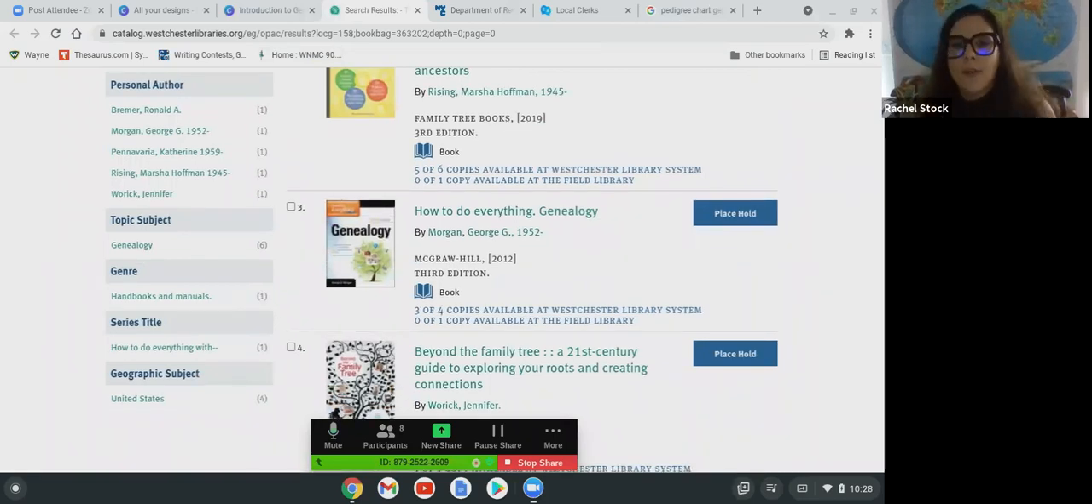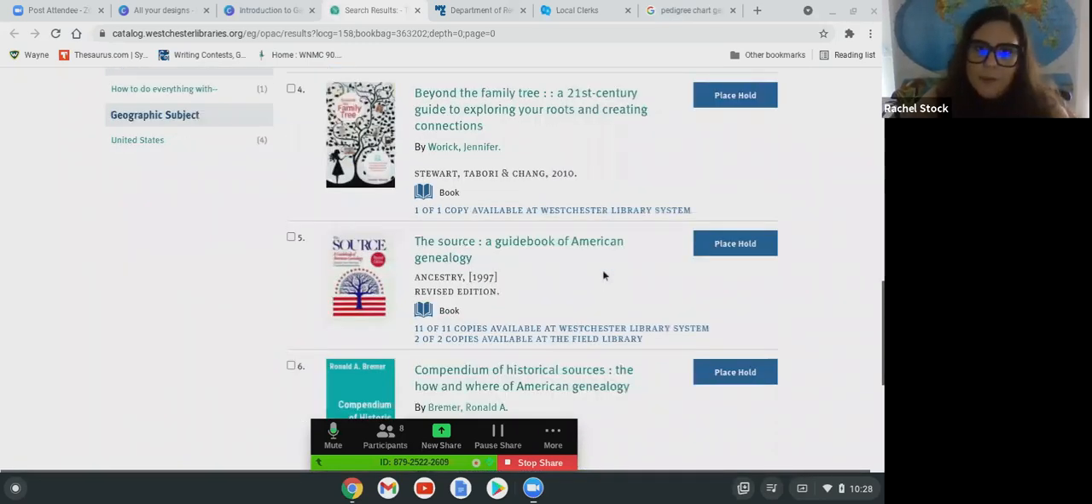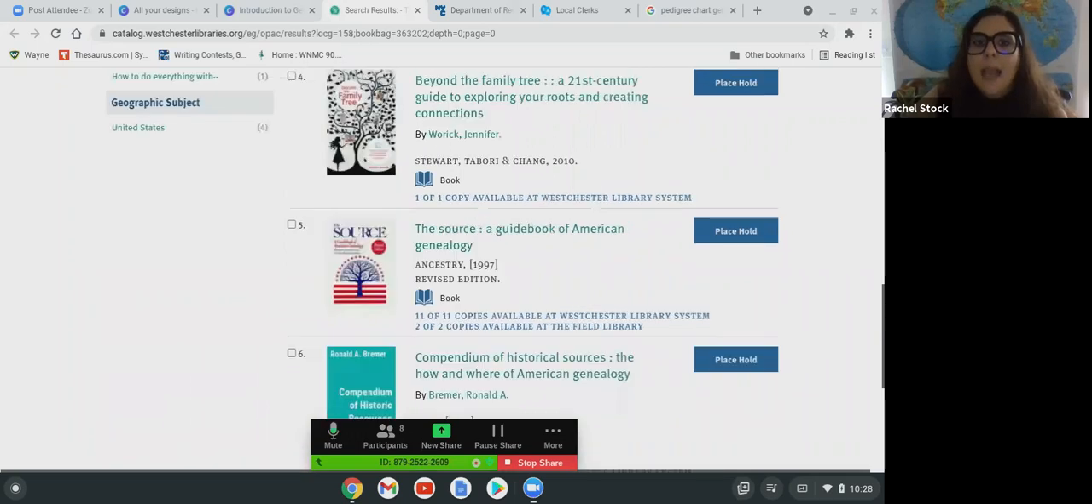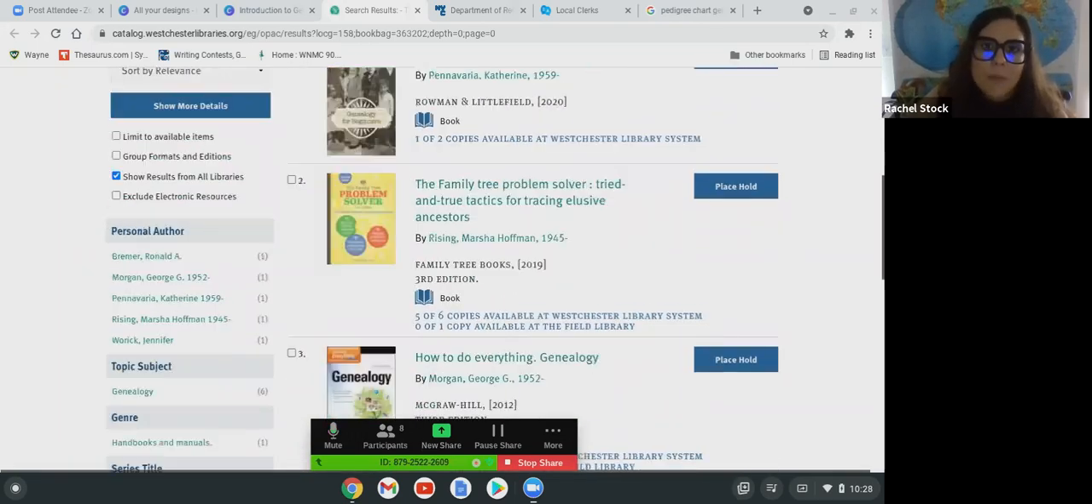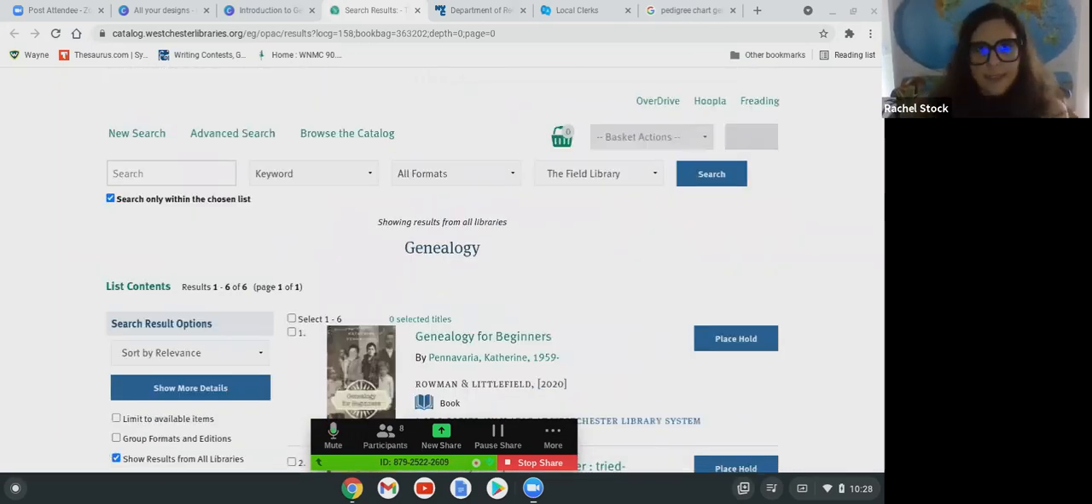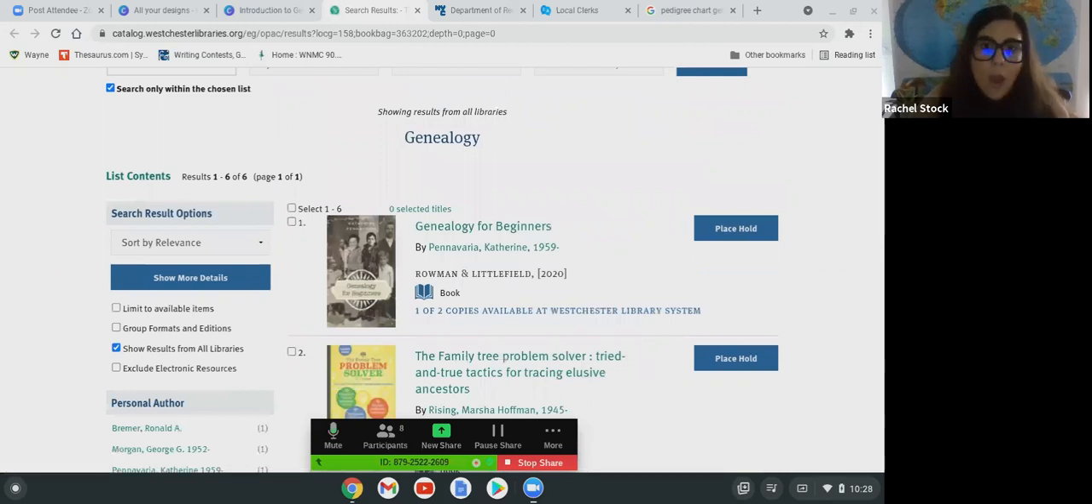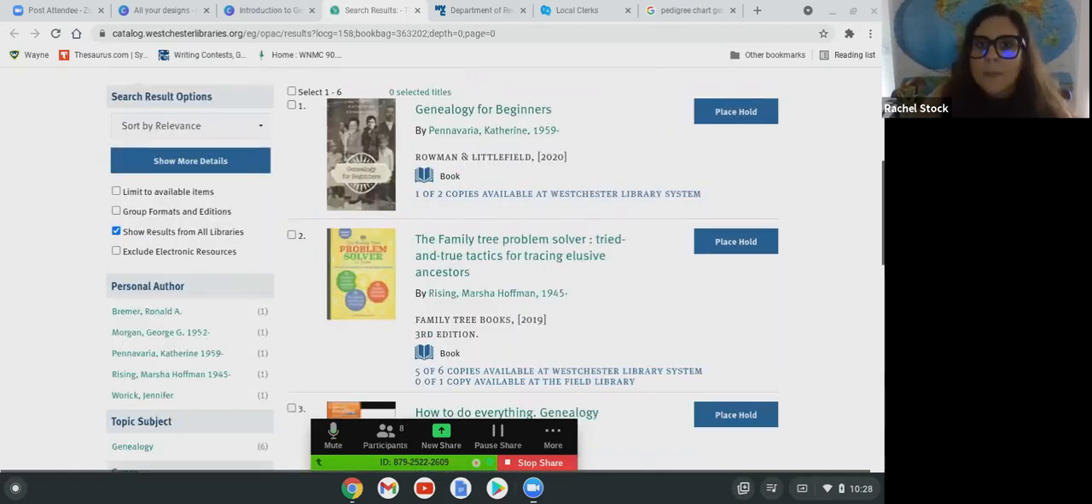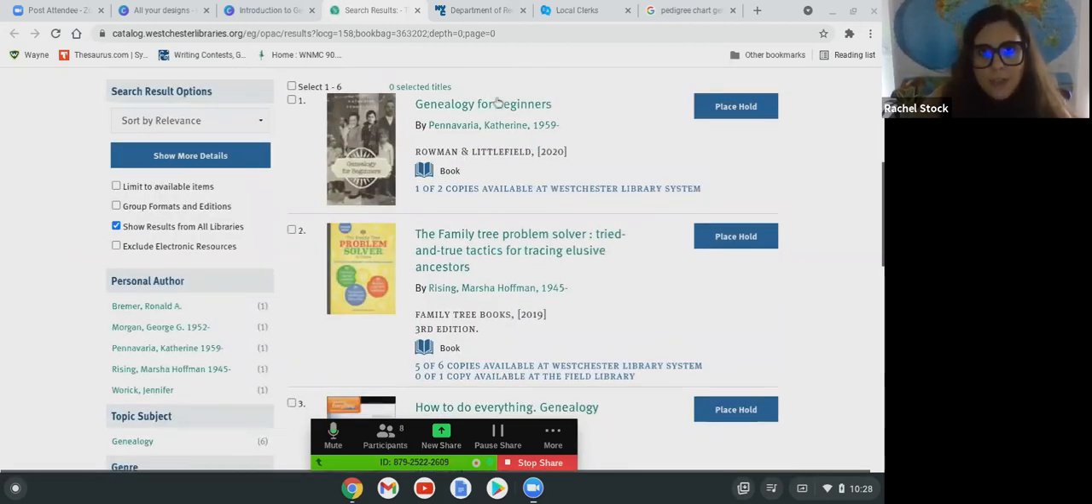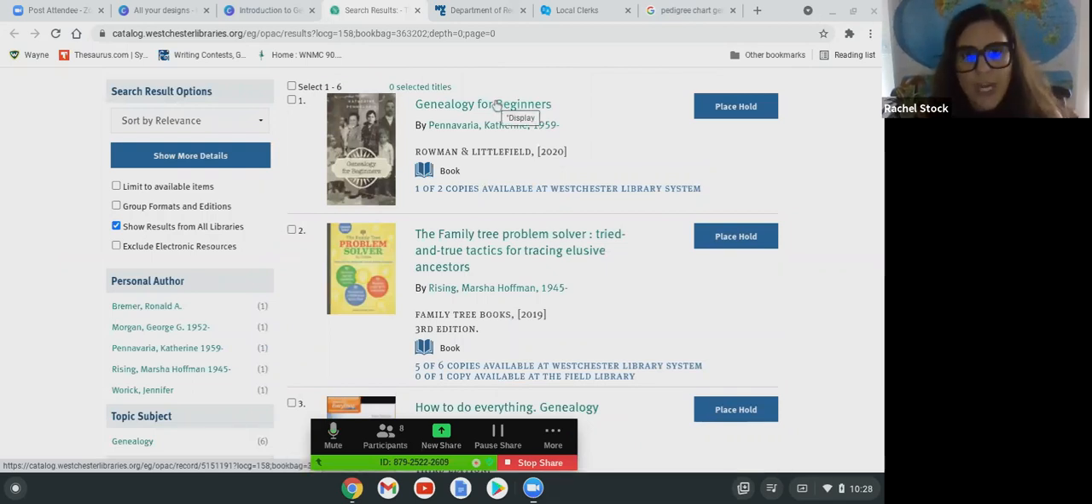We're going to be making this available at the end of the presentation. This is a list of just different resources that we have that I recommend. I will continue to add to this list and it will stay at this link. I'm not going to be taking it down, so check back often. This particular book, Genealogy for Beginners, I think is really great. It has some amazing